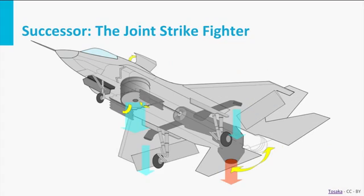And here we see a cutaway drawing of the Joint Strike Fighter, and instead of 4 exhaust pipes around the fuselage, we see that the normal exhaust points to the back for normal flight, but can be rotated downwards for vertical mode, and together with an extra fan in front of the aircraft and 2 exhausts in the wing, you can balance this aircraft. And controlling the Harrier was sometimes called balancing on a pole, because it was very unstable,